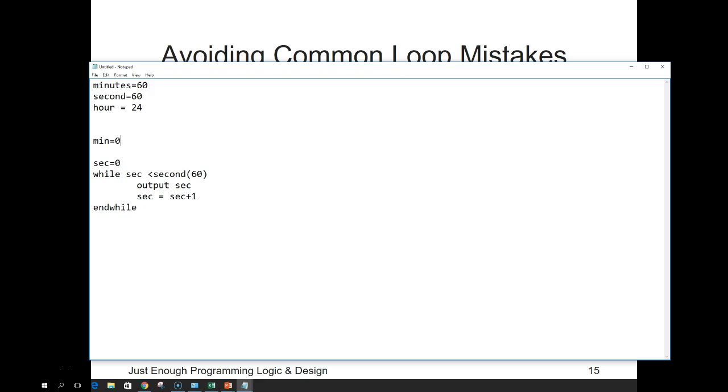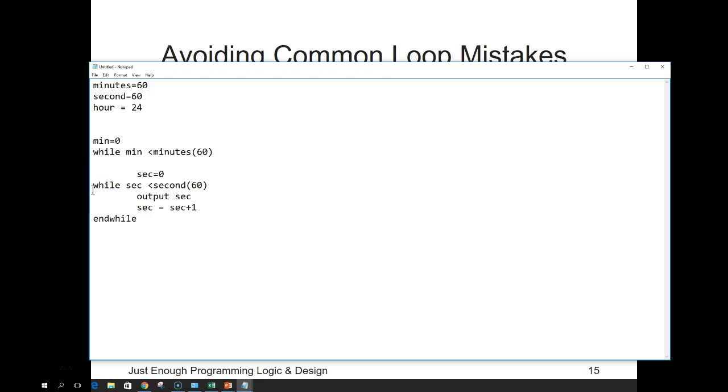So in other words, I'm starting with that counter. And then I'm going to say while minute less than 60. So in other words, as long as our minutes are less than 60,